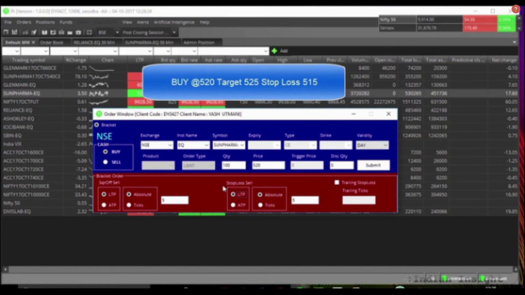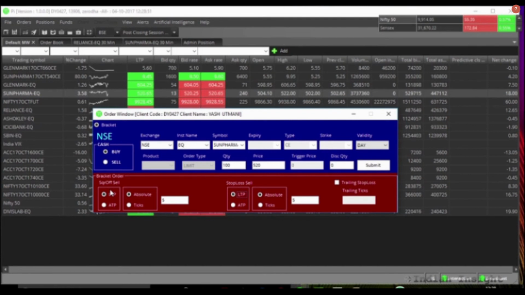Now what will happen is once you enter a trade, you automatically instruct the broker to book a profit at the price mentioned by you or book a loss at the stop loss mentioned by you. And once your stop loss price or take profit price is hit, the broker will cancel the other order. So basically, if your stop loss price is hit, then your take profit order will automatically be cancelled. Similarly, if your take profit price is hit, then your profit will be booked and your stop loss order will